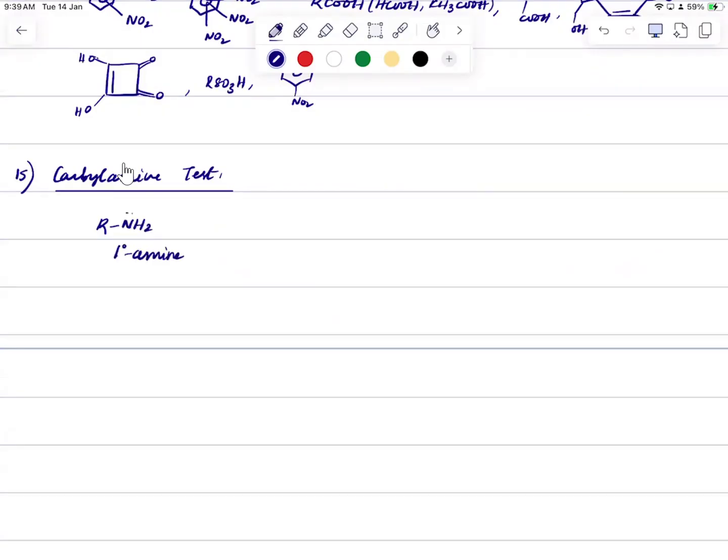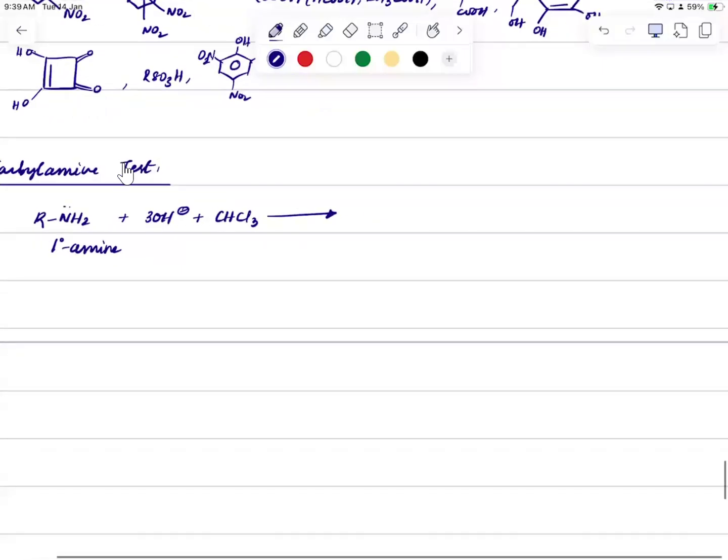And this R could be alkyl or aryl. It does not make any difference. If you react it with KOH, so 3 moles of OH minus, plus CHCl3, right? Then you will get